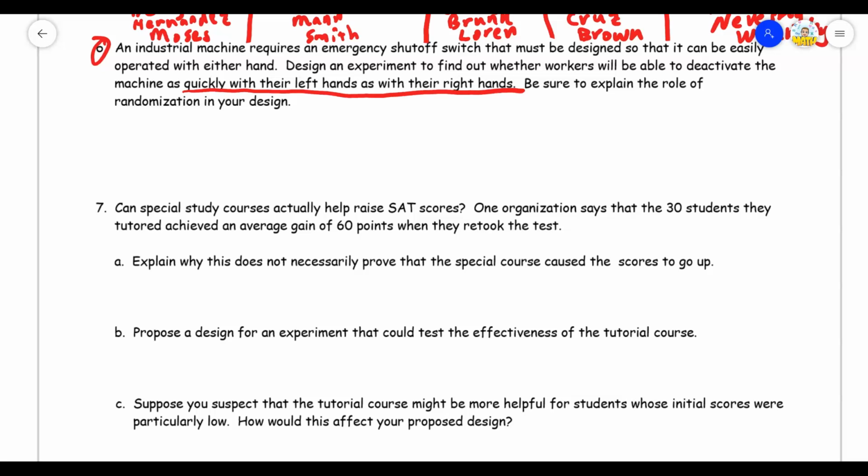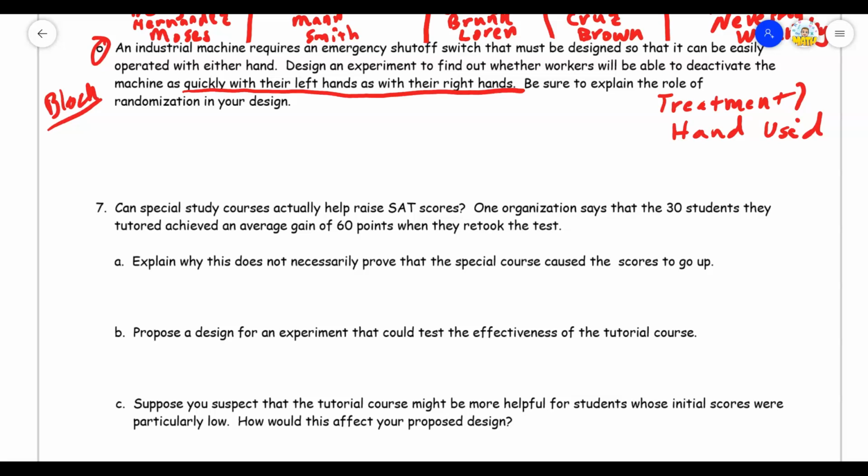Okay, so you see the research question here. Okay, what's the treatment that's going to be imposed here? Let's answer that first. So hopefully you said that the treatment is going to be hand used, right? So if we know that treatment is going to be the hand use, we're trying to compare, so we're going to have every candidate come up, and we could think about possibly making this a block design or a matched pairs based on handedness, and we could experiment separately on left-handed people and right-handed people. But I don't know if that's going to be necessary to answer their question.